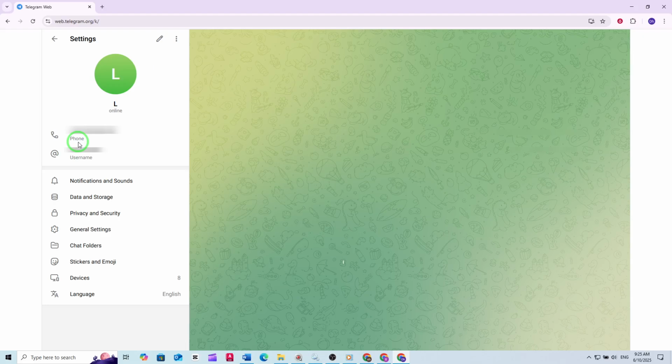And that's it. By following these simple steps, opening Telegram Web, clicking the menu icon, selecting your name, and scrolling down to the phone section, you can easily check your Telegram number on your PC. Knowing your Telegram number is useful for account verification, sharing your contact with friends, or simply confirming which number is